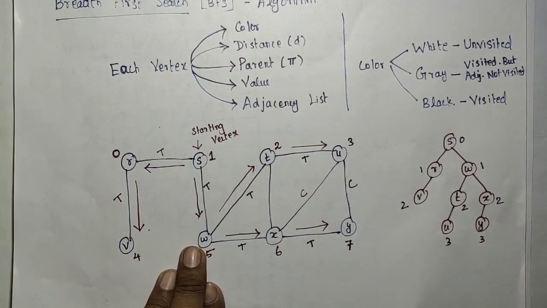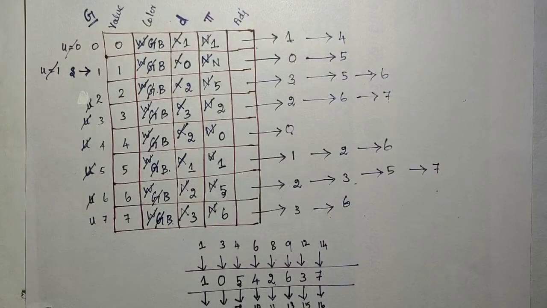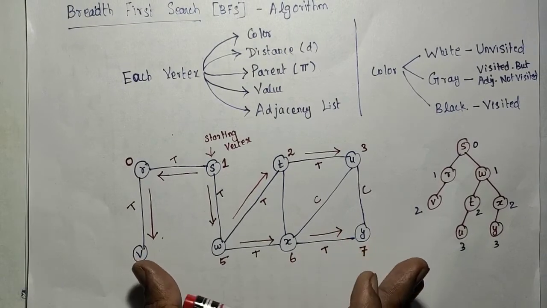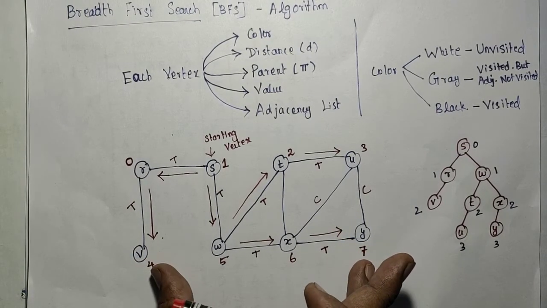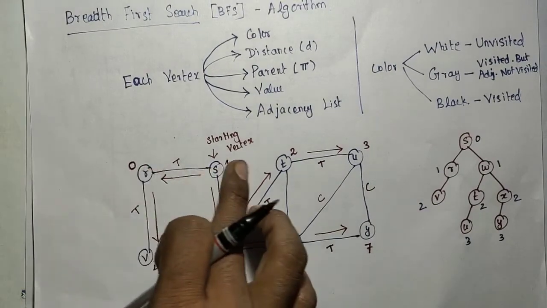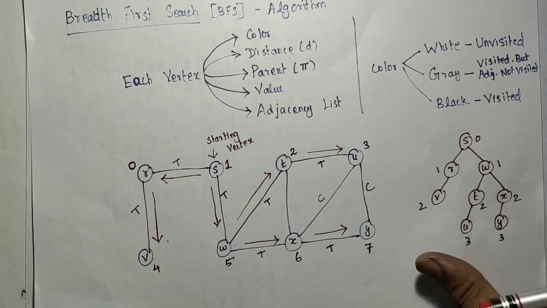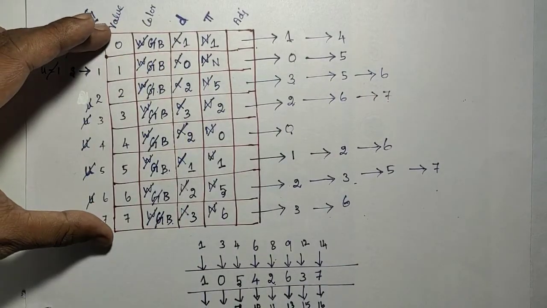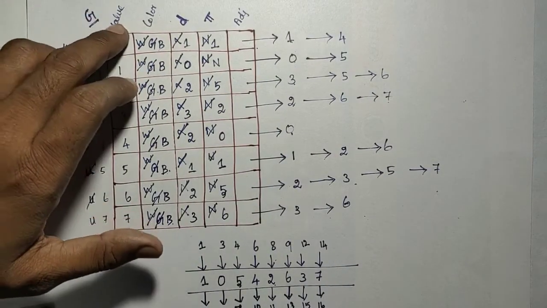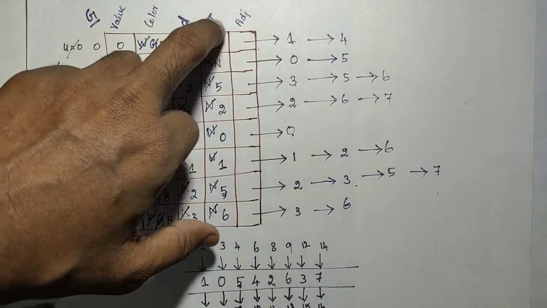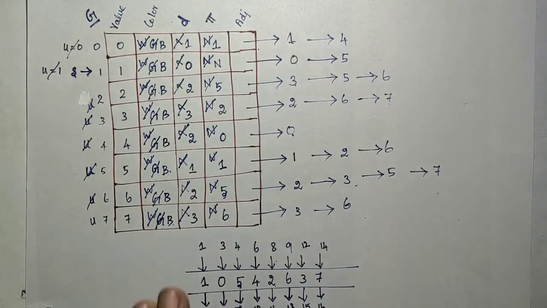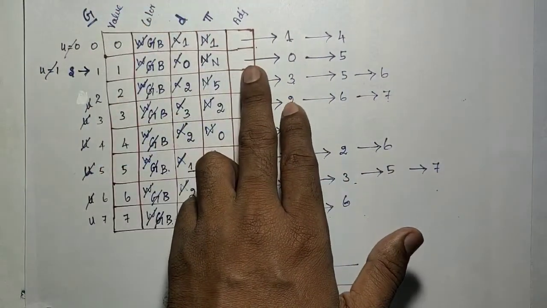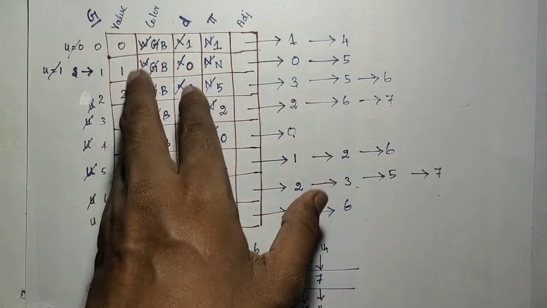Then test this BFS algorithm. And just to summarize the steps, draw the graph like this. Take an undirected graph like this, and write the index 0, 1, 2, 3 like that. Then you represent this in an adjacency list with the properties value, color, distance, parent, and adjacency list. Except these three fields, you fill the value and the adjacent. The value, you just fill with the index.